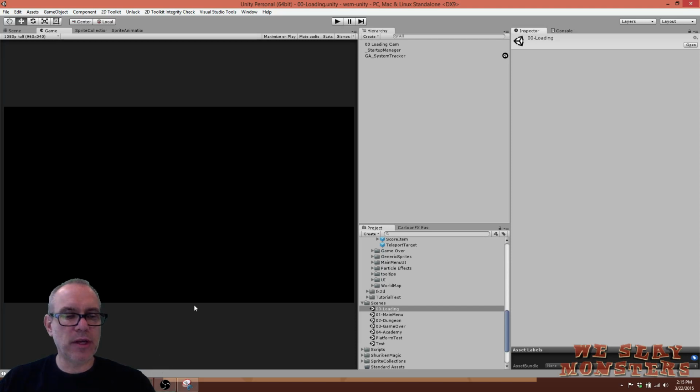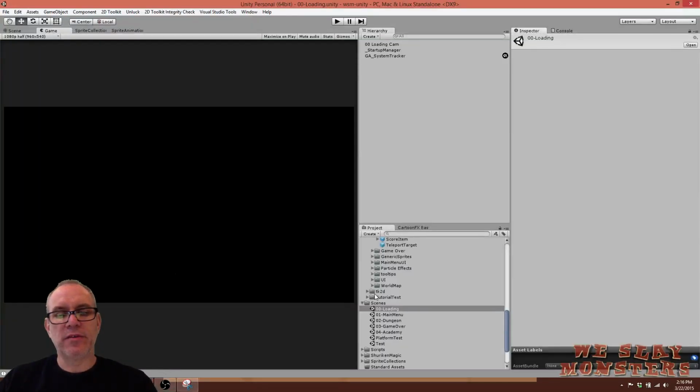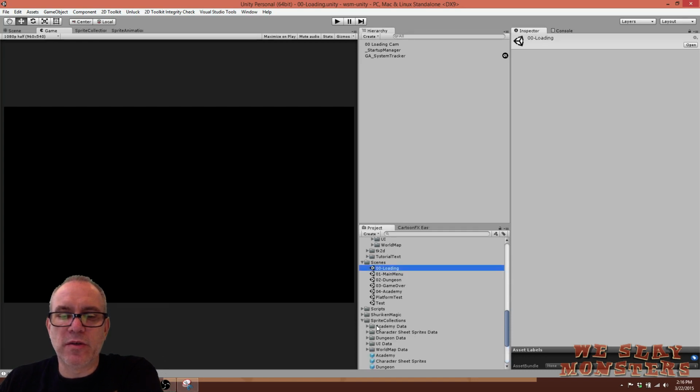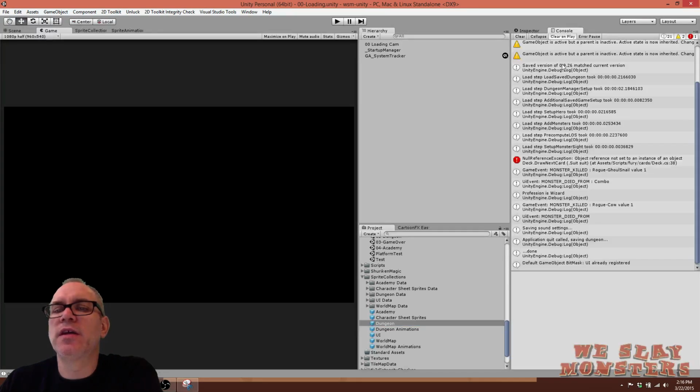Alright, well that looks pretty good. One thing I'm going to have to do is change the origin of the snake, because you could see it passing all the way through the monster and then crunching down on the other side of it, where it needs to crunch down when it hits the monster. So I think I need to make the